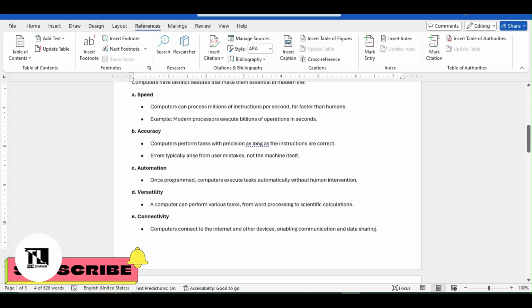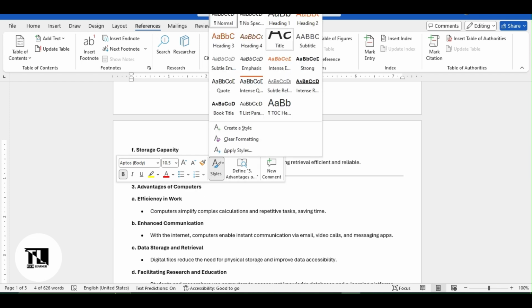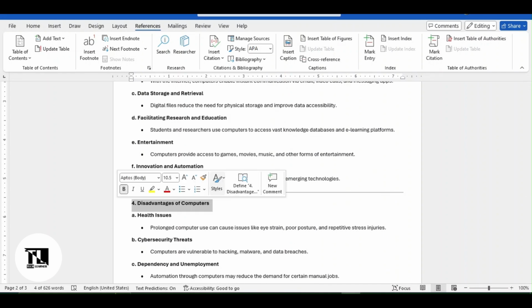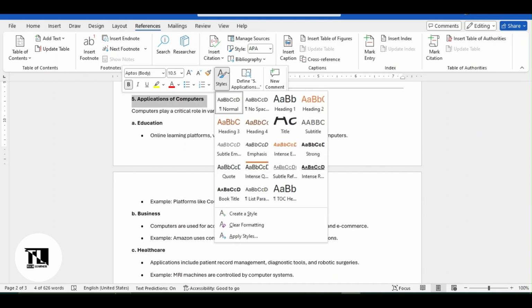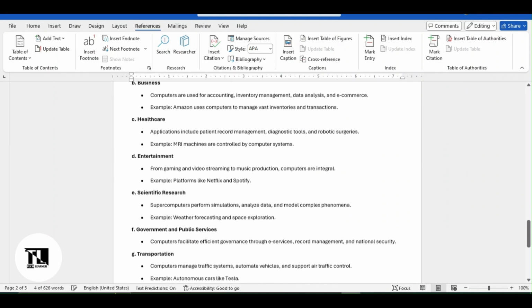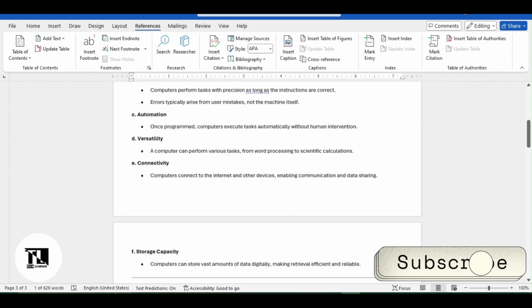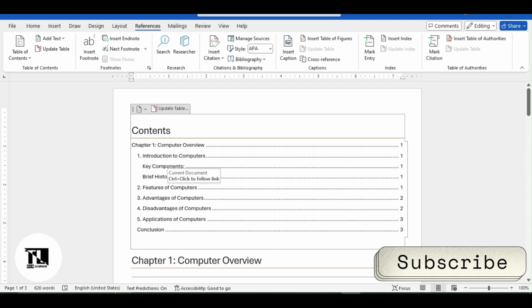and we can apply it for each of these, but we are leaving it for now. In advantages, we will apply Heading 2, Heading 2 here also, and finally we will apply Heading 2 also. So we applied all headings, and in the conclusion also Heading 2. So let's see in the table of contents what happens. Nothing happens. So for this we update the table,